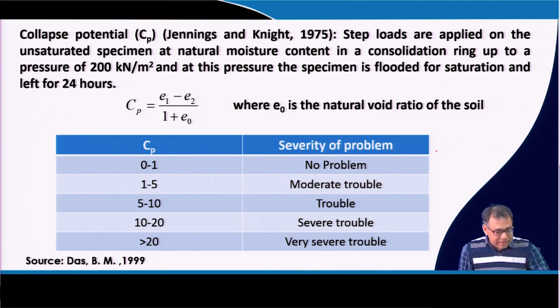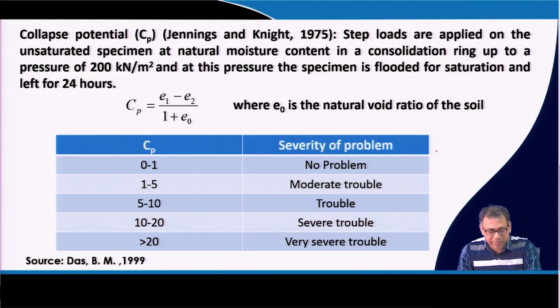Now, there is a term called collapse potential, by which we can identify if the soil has some problem related to collapse. So, this collapse potential is what? We apply step loads on the unsaturated specimen at natural moisture content in a consolidation ring up to a